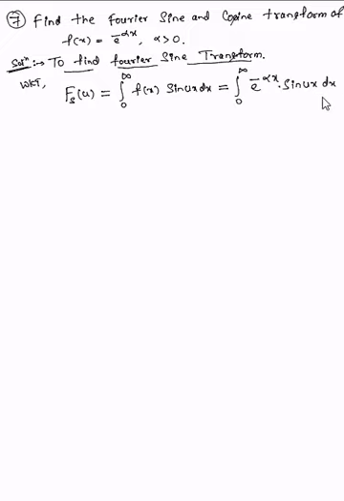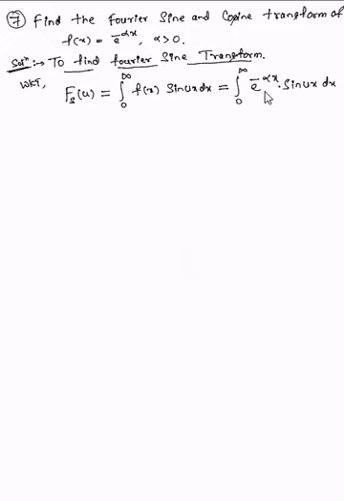So if I integrate this, we get the Fourier sine transform. But how to integrate? So integration is main. See, the procedure of sine and cosine transformation is over now. The only thing is integration. If you integrate and substitute the limit, you get the sine transformation. So from here onwards, it is a known concept, integration part. So let us integrate now.